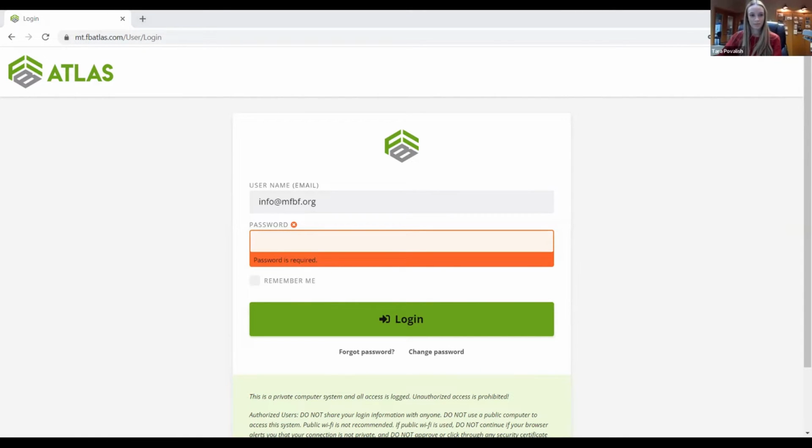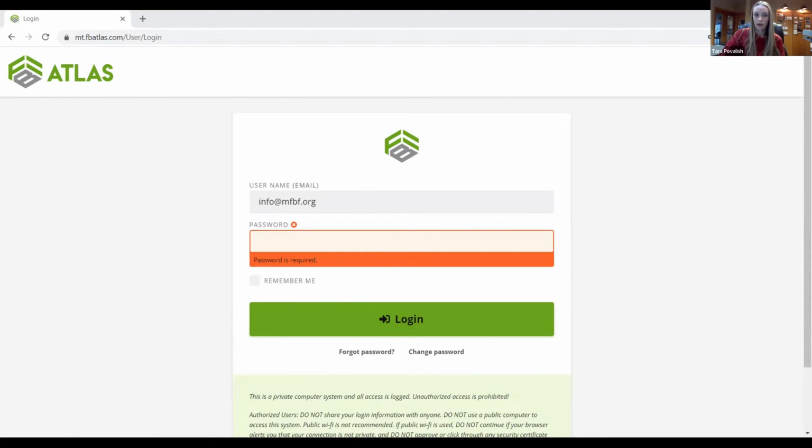Thanks, Scott. Just to start off, can everyone see my Atlas login screen? Okay, perfect. I introduced myself in the beginning, but my name is Tara. You probably know me as the gal who always emails you all those transmittal emails in the middle of the month. I am the office manager here, and Scott and I do a lot of work with our membership database called Atlas. So I'm going to take you through this first part of just getting started and some of the basics.